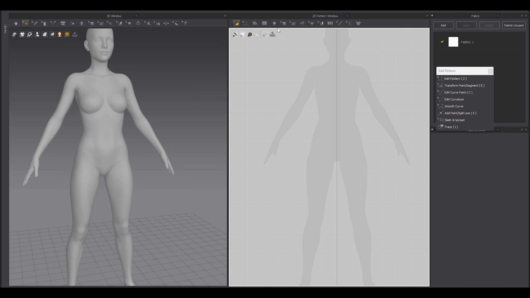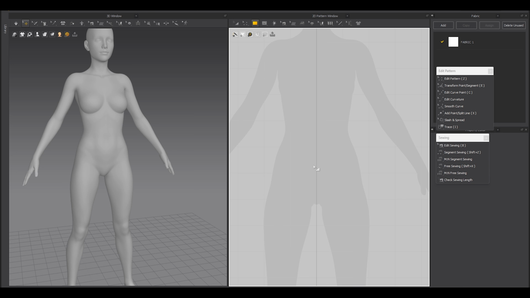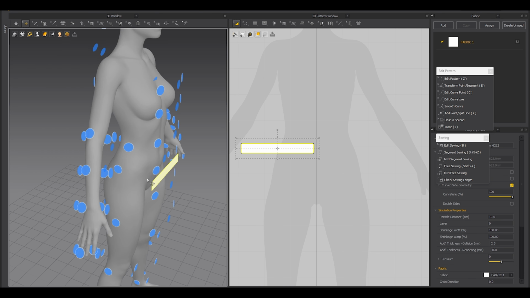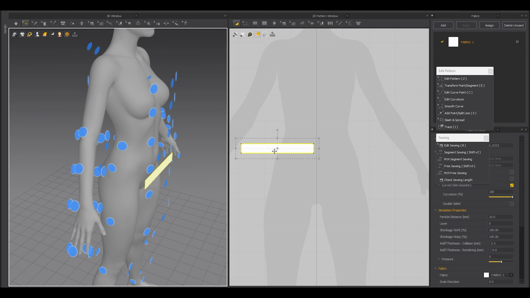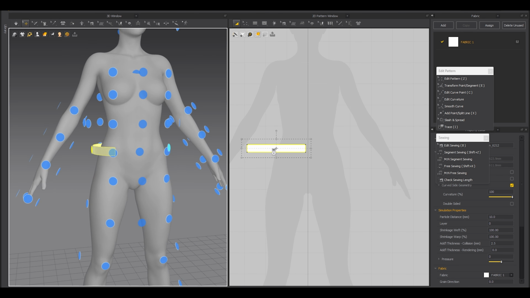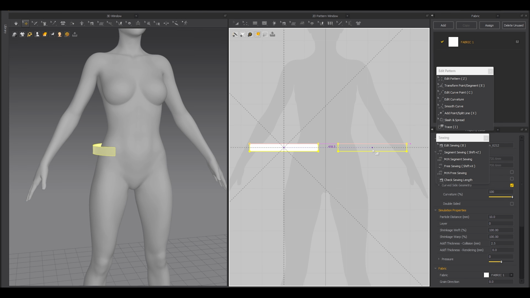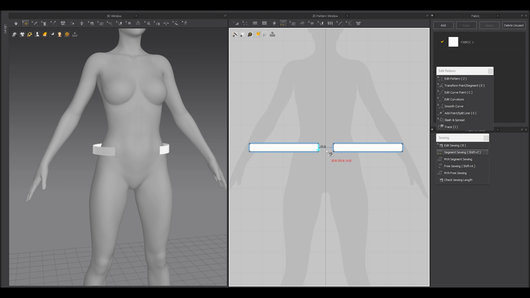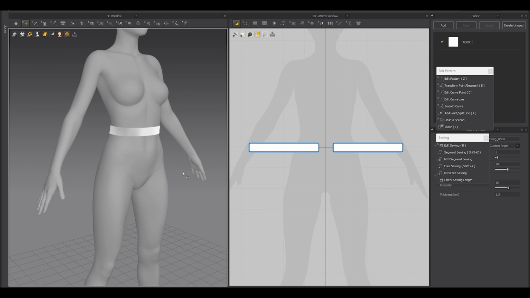And also I'm gonna go and probably maybe this one, sewing. So I'm gonna type S for rectangle patterns, and I'm gonna draw a rectangle which will be the waistband. Shift F to bring the arrangement point and select your waistband and just hover over here around the waist area, and you can Shift F again to hide that, maybe a little bit bigger. Control D to symmetric paste, and I'm gonna sew it from here like I am segment sewing, and here, and of course simulate, but this is a little bit